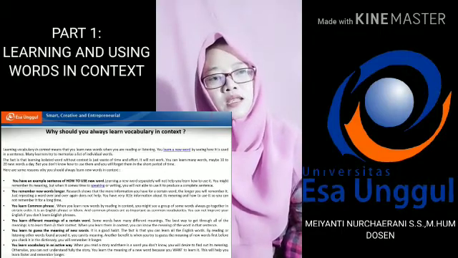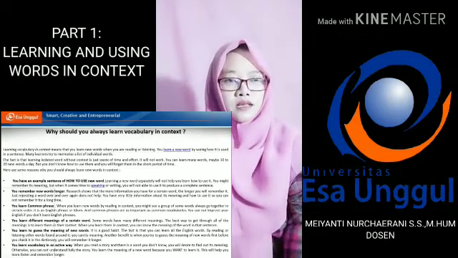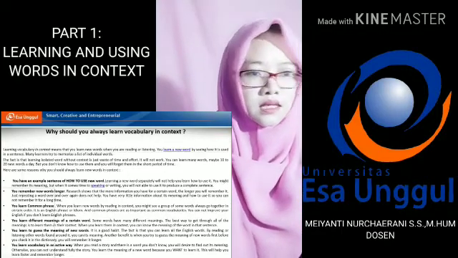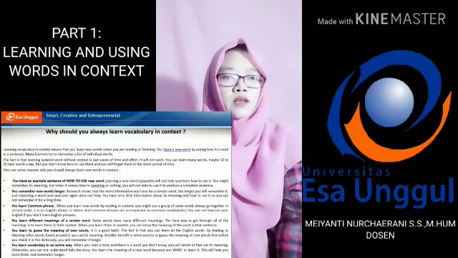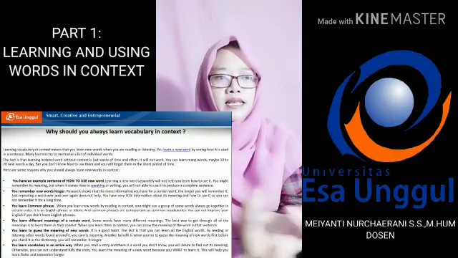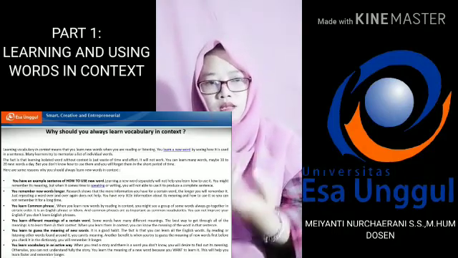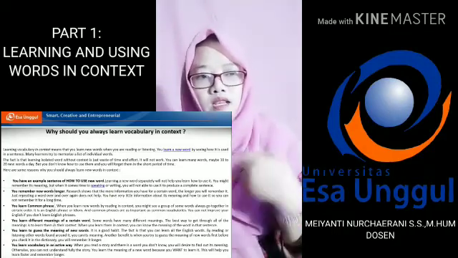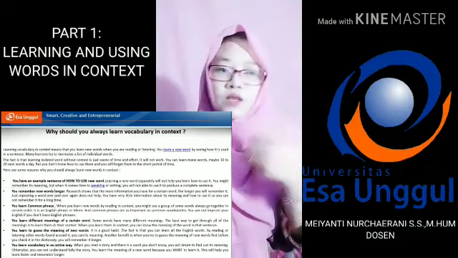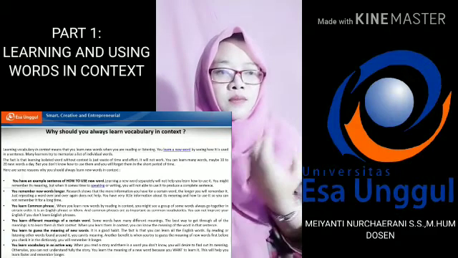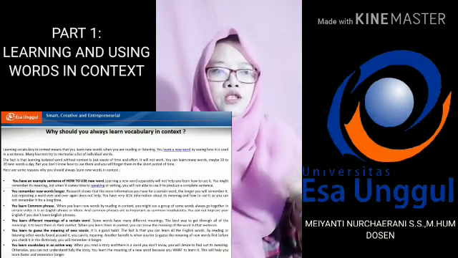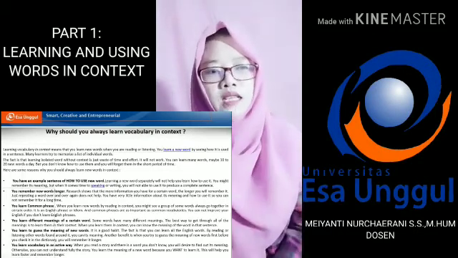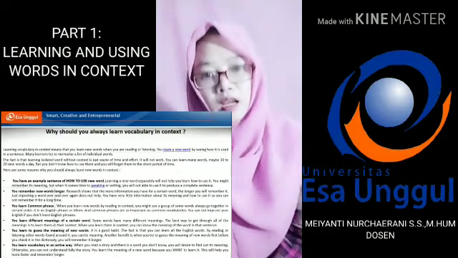And the next, you learn to guess the meaning of the word. It is a good habit because in fact you can learn English words by reading or listening to other words found around it, and you can find its meaning. Another benefit: if you try to guess the meaning of the new word first before you check it in the dictionary, you will remember it longer.